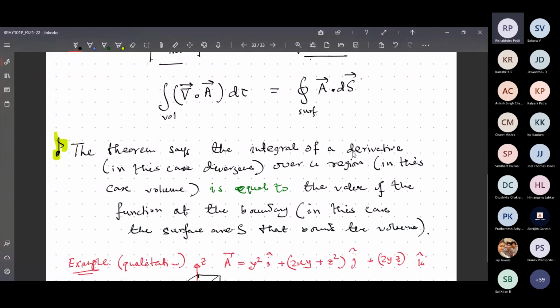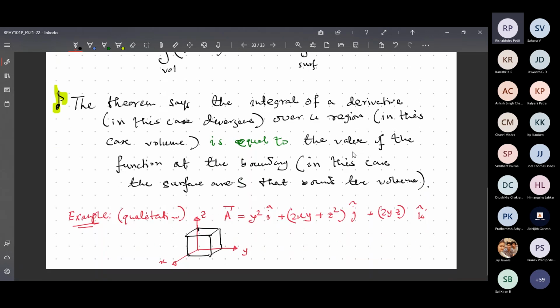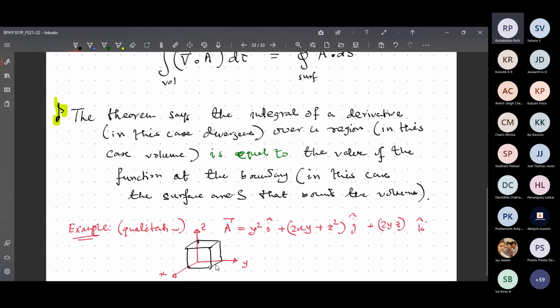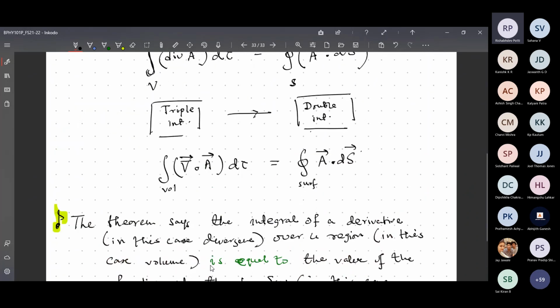Both numbers will be the same. And somebody asks why it is a closed surface. You see, these surfaces are closed surfaces. While I'm talking about a volume, the boundary of the volume we will understand as a closed surface. Are you getting the point? Yes, sir. Can I go to the next page? Yes, sir.